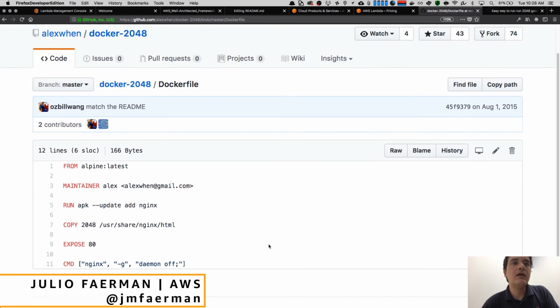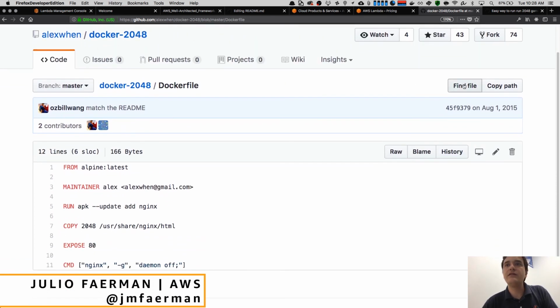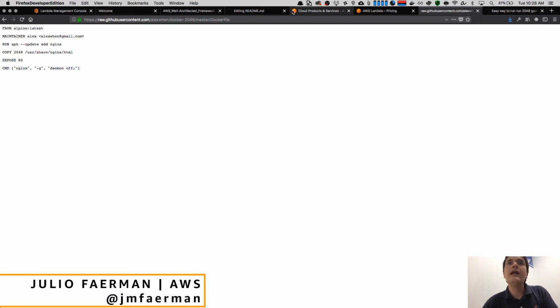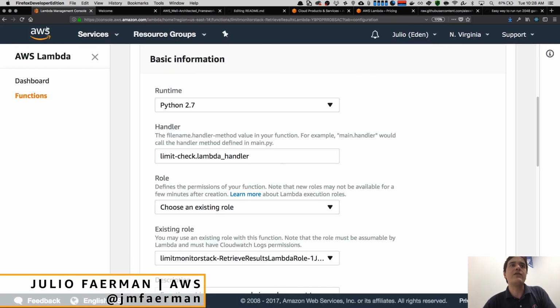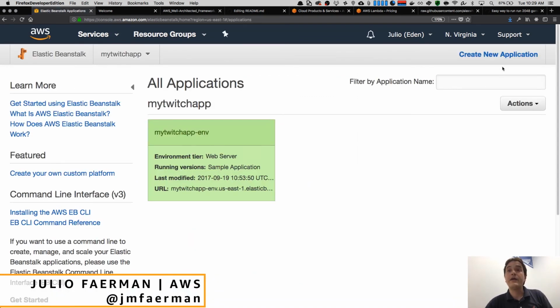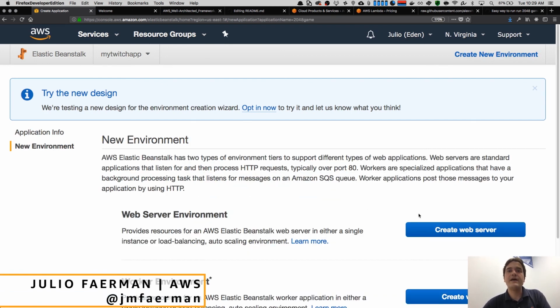Let me get the raw one from here. So this should be enough. Let's see if Beanstalk can run that directly. So I'll go to Elastic Beanstalk, create a new app. Let's say it's 1248,